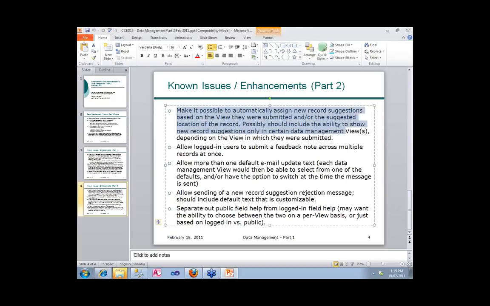We have somewhat recently added the ability to assign new records to specific agencies. This has come up on the message boards a few times. Originally, all new record suggestions, meaning feedback that isn't about an existing record, came in completely unassigned. As we started getting larger and larger databases with more agencies in them, there were occasionally some challenges